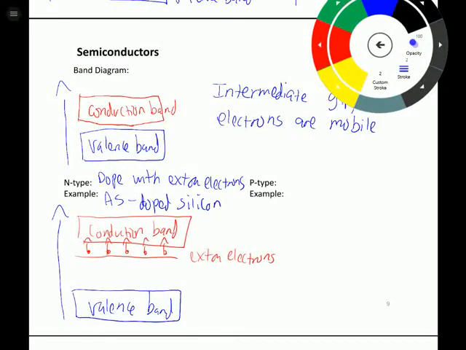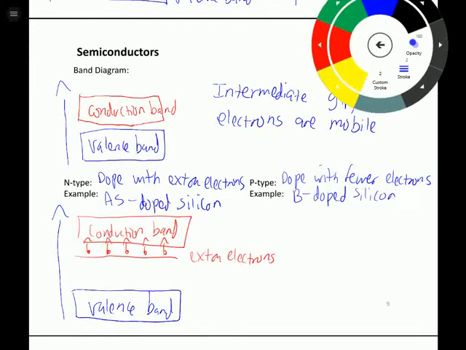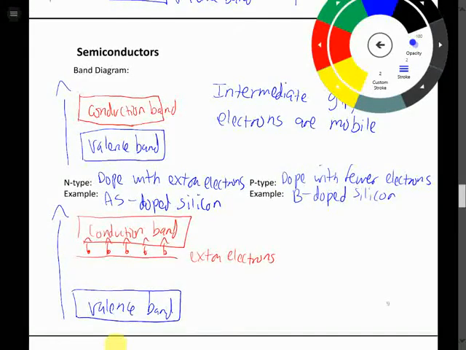Now the other type is p-type. So here we're going to remove electrons or dope with fewer electrons. An example of this is boron-doped silicon. So boron is group 3. It has one less valence electron than silicon. So if we replace some of the silicon atoms with boron, now our silicon is going to be a little bit electron deficient. So what we have here then is